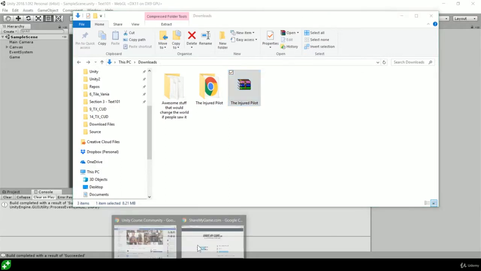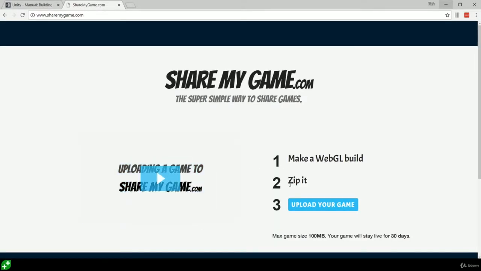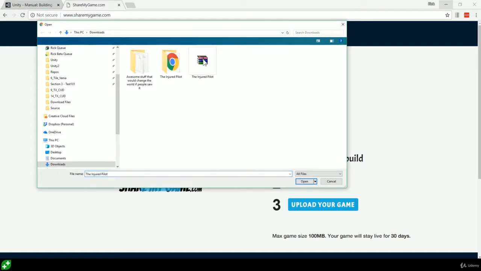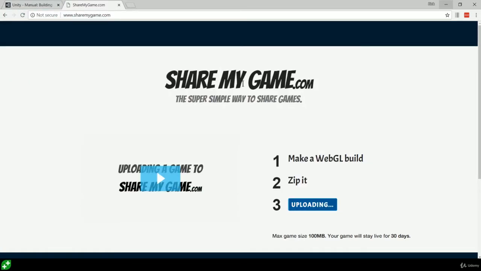Over to sharemygame.com over here. You can see our options, our steps. Step number 3 is upload your game. Click on that button, find your zip file, your zip folder here, the Injured Pilot. Double click on that. This shouldn't take too long, maybe up to 30 seconds or a minute, depending again on how big your game is. It's going to upload, it will process,